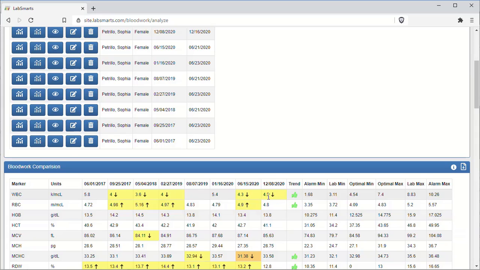So you can see in this one here, the current value is 4.5. The previous value was 4.3. They're both low and they're yellow, so they're in the lab range. And you can see here, lab range is below optimal min and greater than or equal to lab min. So 4.5 and 4.3 are in that range there. That's why the arrow's down, and that's yellow, but it's trending in the right direction, the current versus the previous, so that's why you have a green thumbs up, because the optimal is 4.54, so this value is trending in